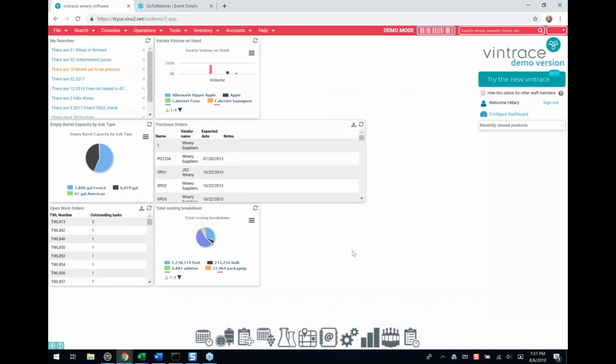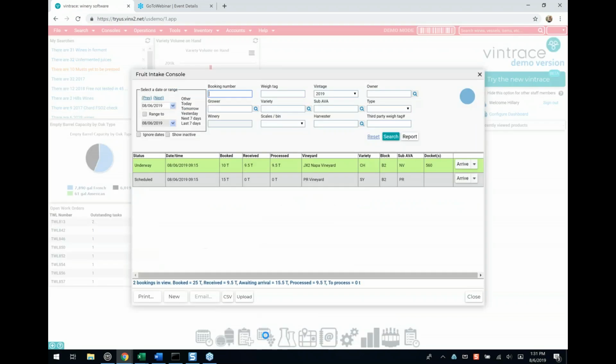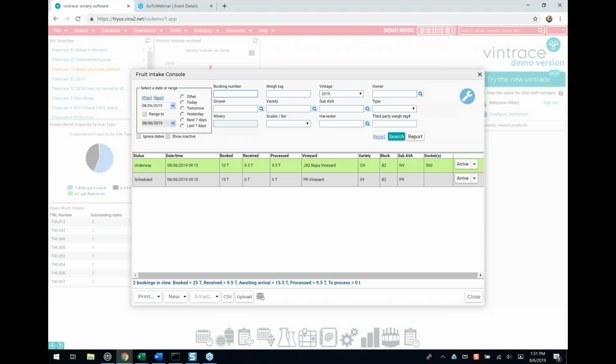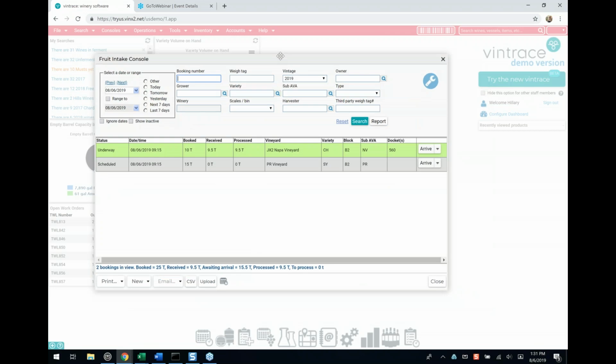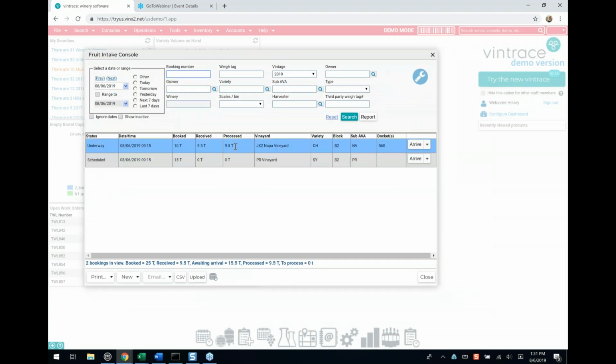Okay, so now we're ready to start bringing in our fruit. So there's two ways to do it. From the fruit intake console, you can either already have it scheduled from the app, or from your phone. You can see here, I've already received 9.5 tons. That's what we did together on the phone. And then this one is just scheduled, but it hasn't been received. So I'm going to show you how to schedule a booking through the desktop version. So going to new at the bottom, schedule a booking,